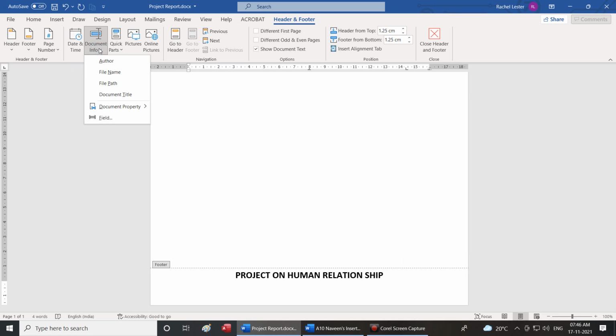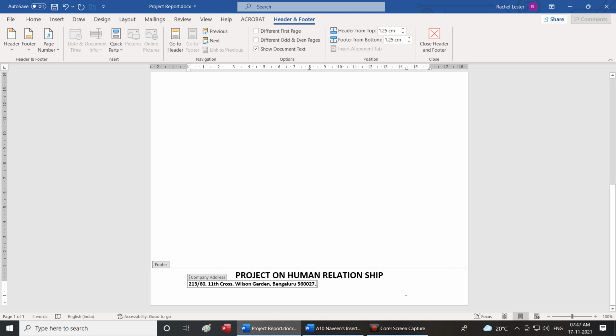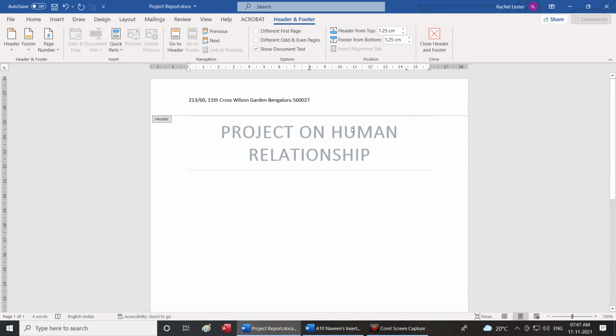Now I'll say document info, document property, company address. 213/60 11th Cross, Wilson Garden, Bengaluru 560027.